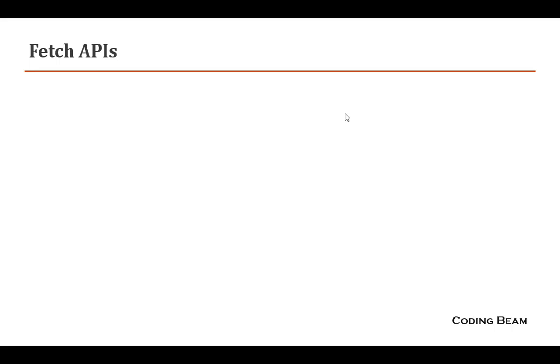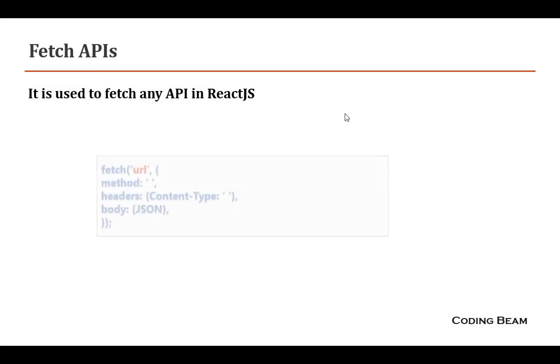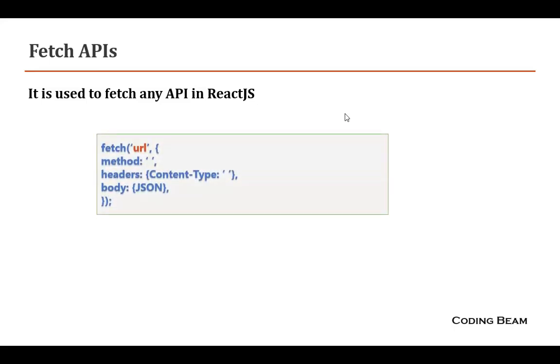So fetch is used to make asynchronous HTTP requests to the backend server or the APIs. It always returns a promise object, which we can use with the then and catch statements. The first parameter in fetch contains a URL, and the second parameter contains an object with many properties like method, headers and the body.